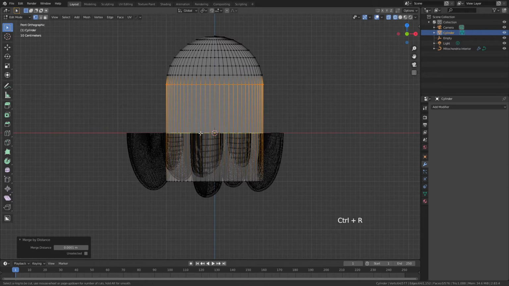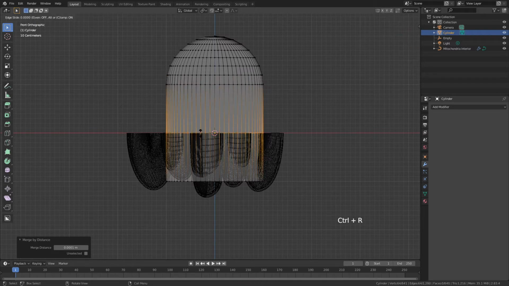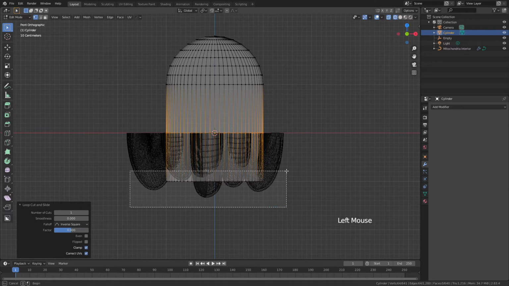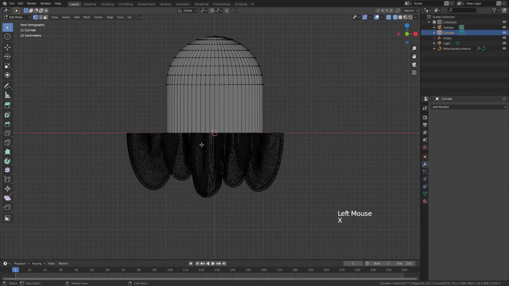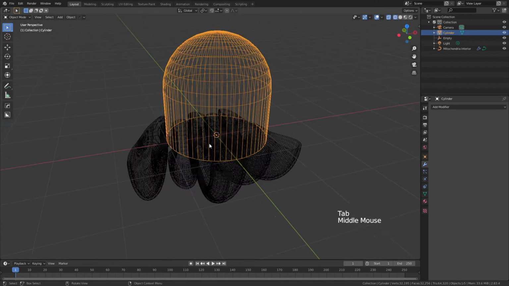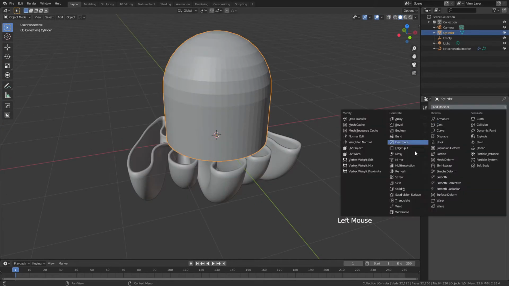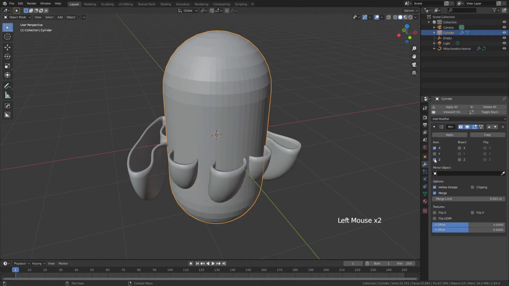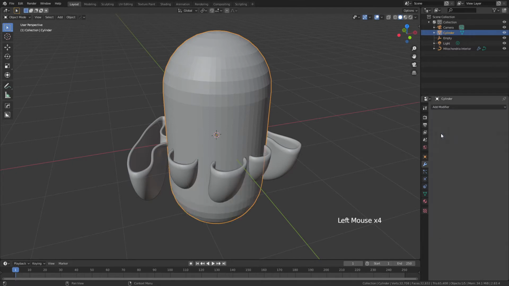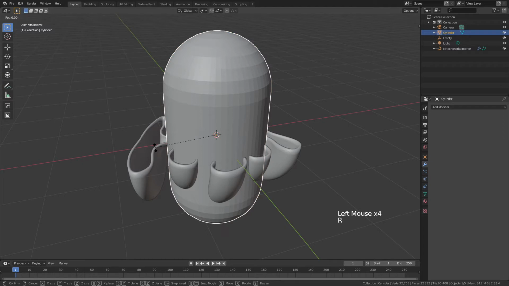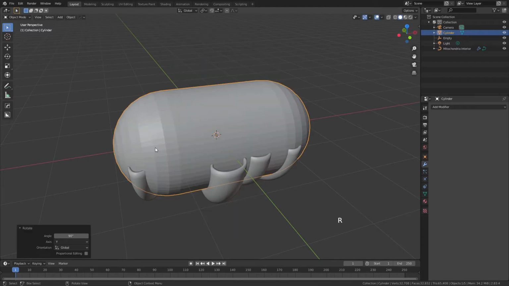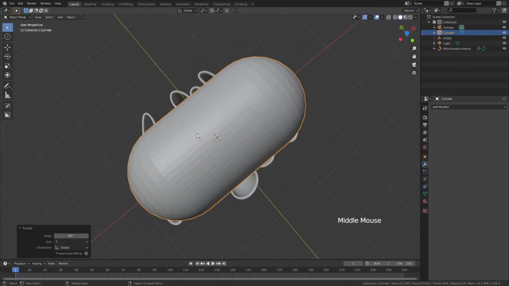From here, Control R and add an edge loop right into the middle of the cylinder, then drag a box over the bottom half and delete all of those vertices. Tabbing back into object mode and coming into solid view, you can see what we have is an end cap. We'll add a modifier to this, namely a mirror in the Z direction, and we will apply that. Then R, Y, 90 degrees to rotate,